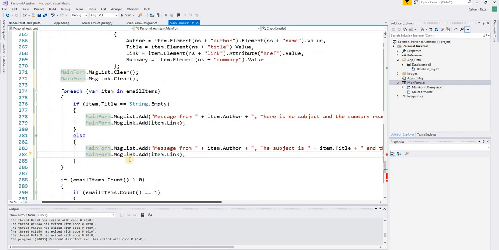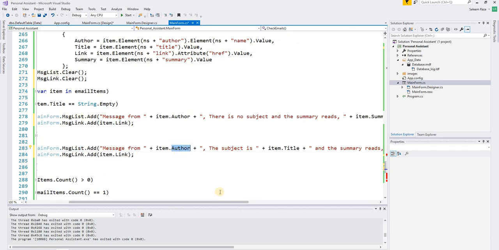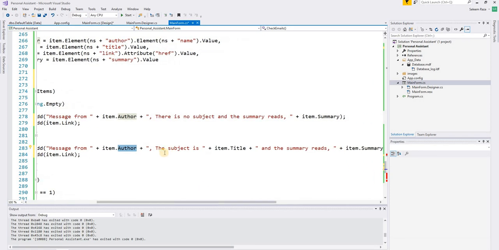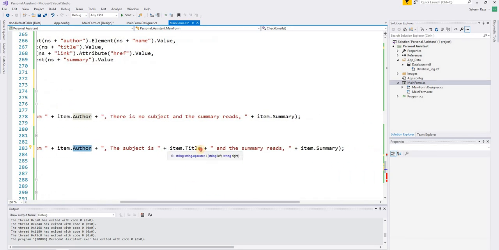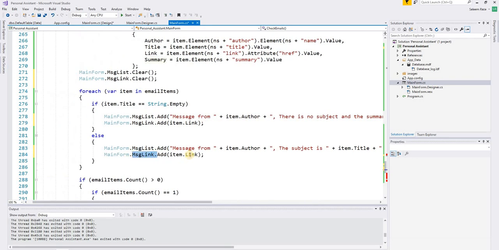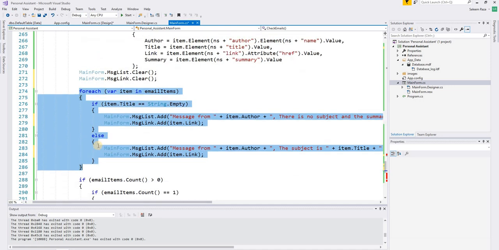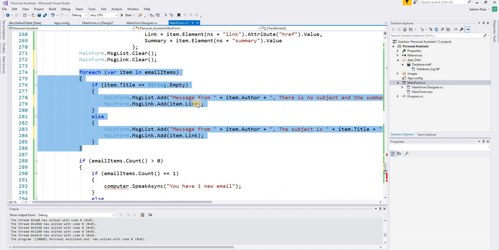Now we are going to add to our message list a message from, then the author name, and then the title. Lastly we are going to add the summary, and we are going to add also the link of the email. This is to add the author, title, link, and summary to our message list, so that we can easily retrieve them from